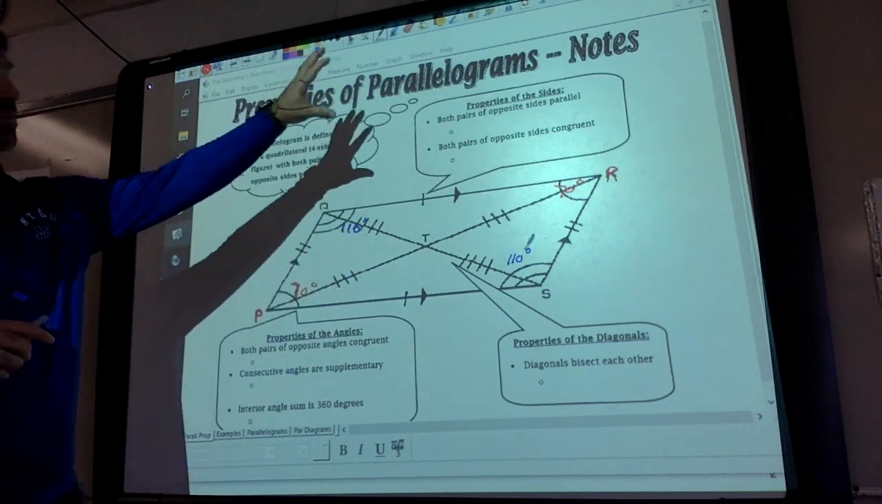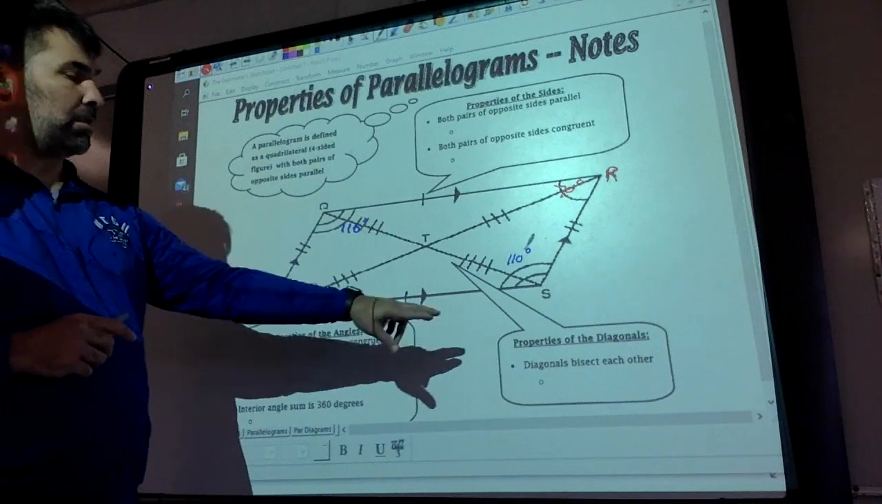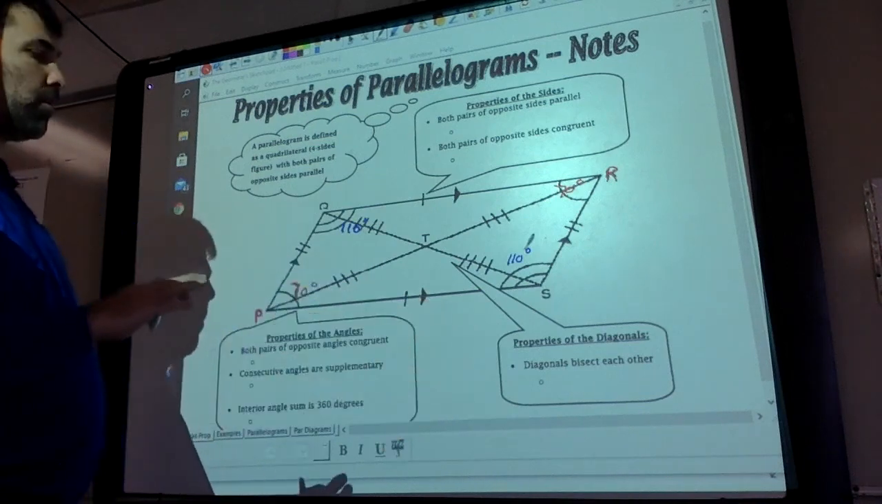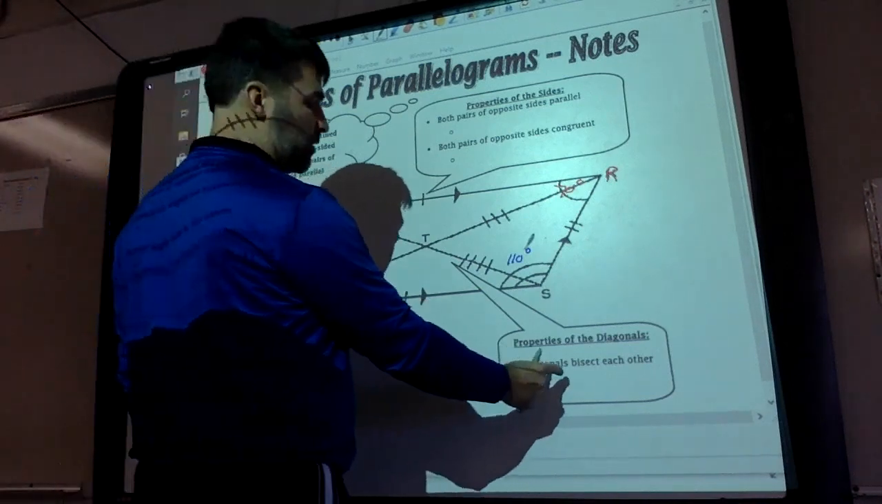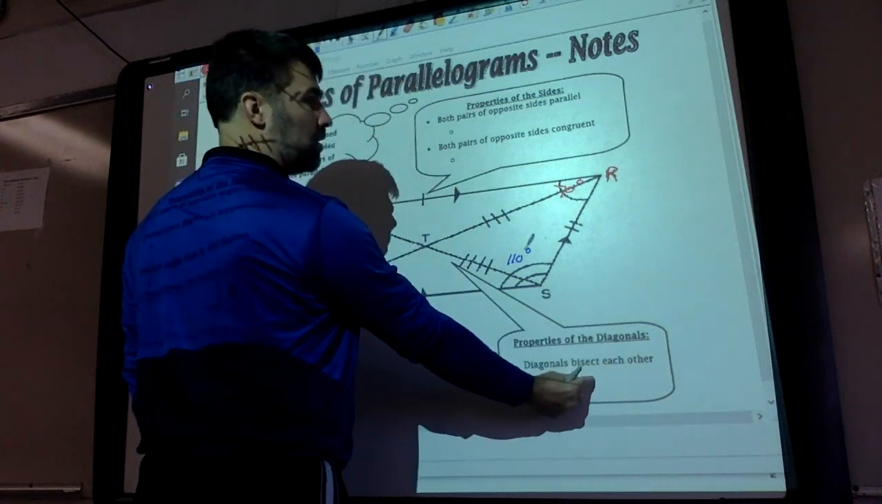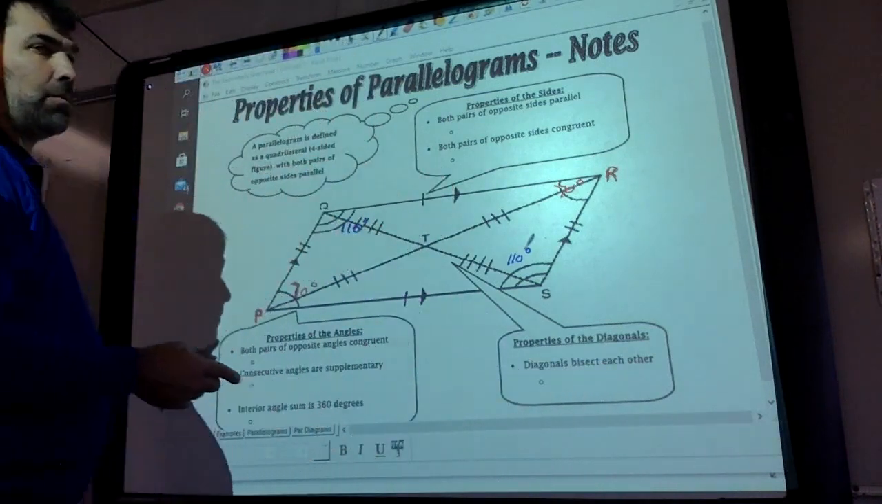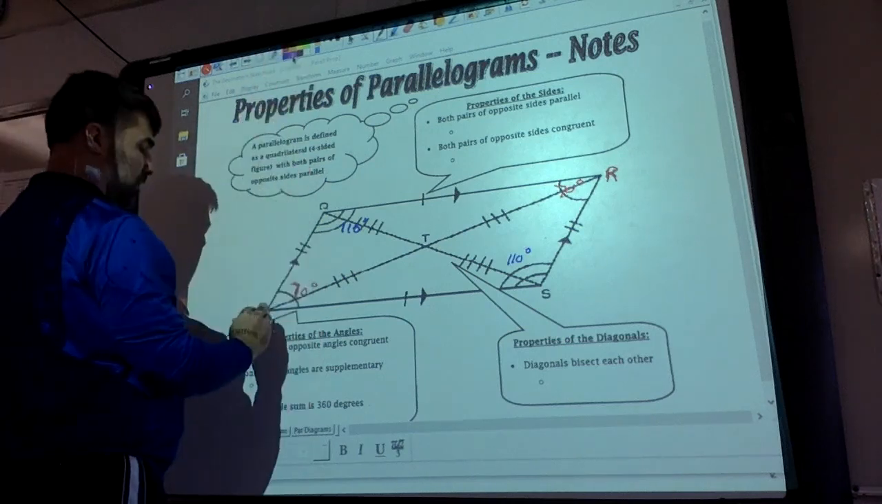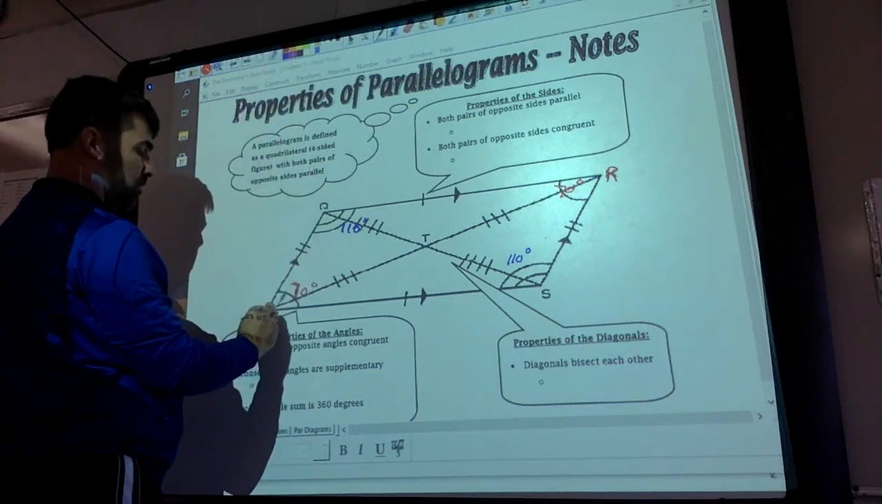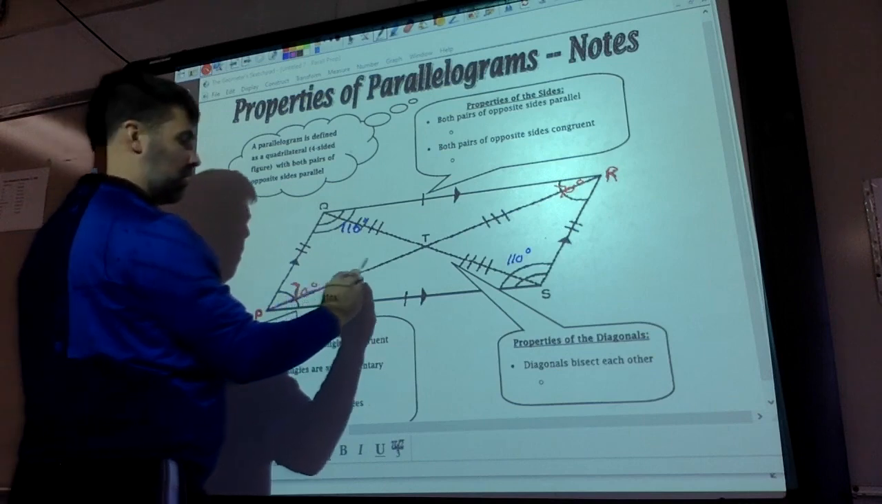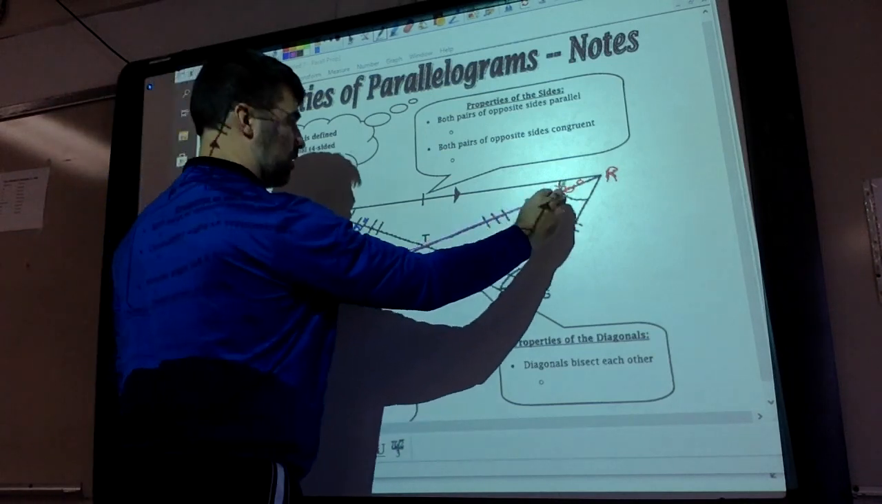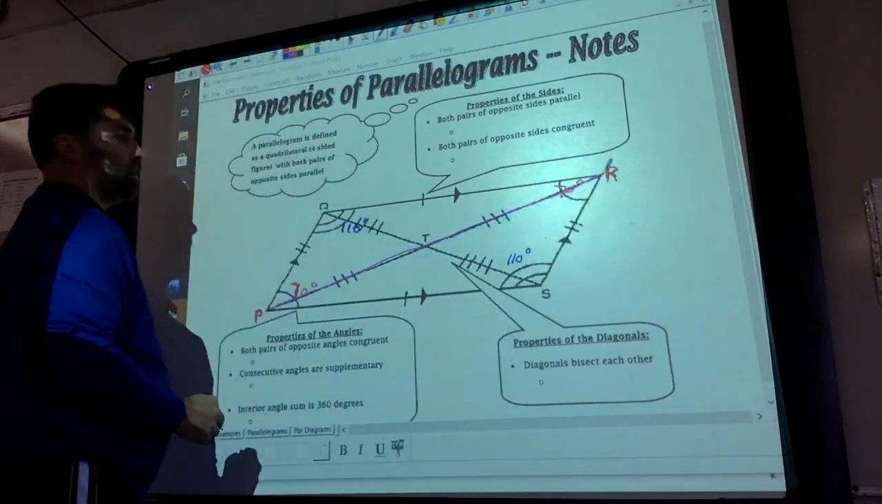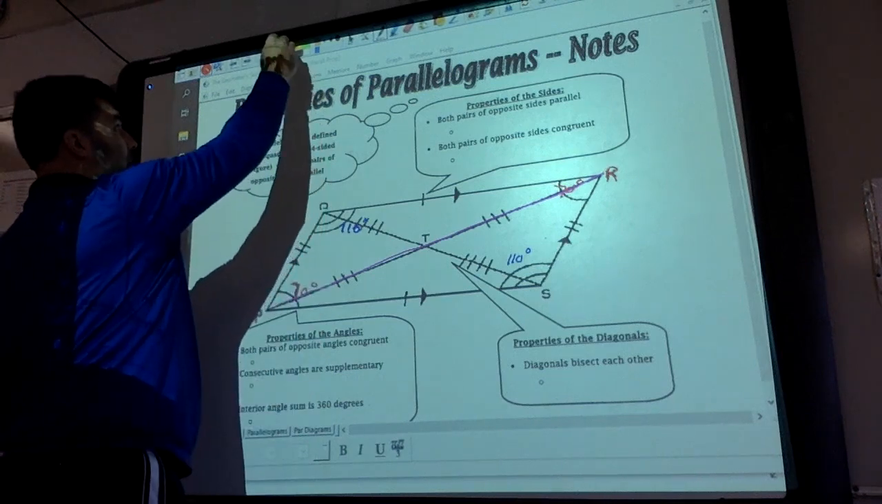Okay, so I got 2 side properties, 2 angle properties, and then there's 1 diagonal property of all parallelograms. This is diagonals bisect each other. If you remember the vocabulary bisect, it means it cuts it in half. So if I take this diagonal, all right, going corner to corner from P all the way to R, that is a diagonal. All right, and I take the other diagonal,